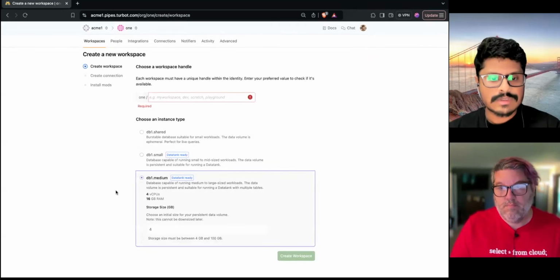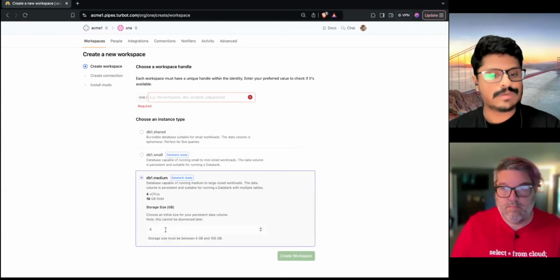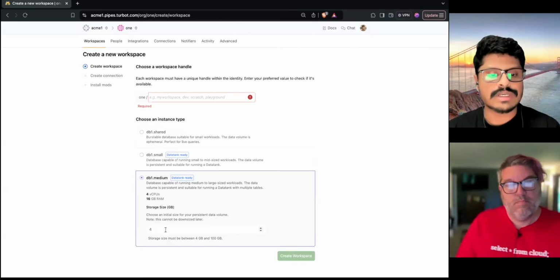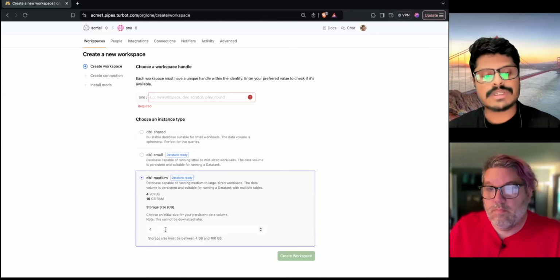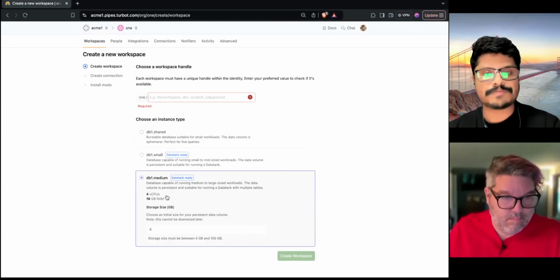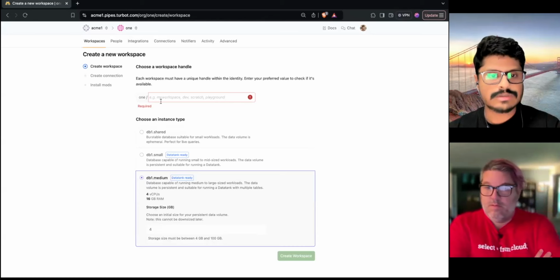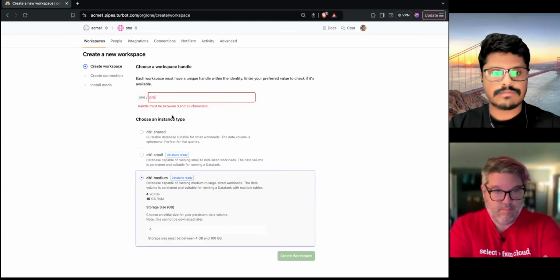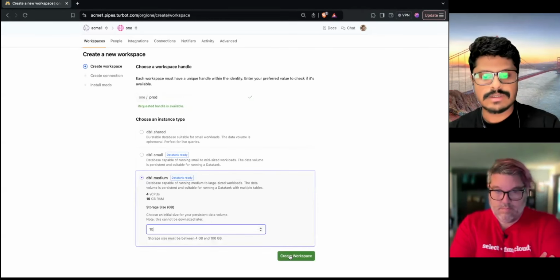The medium instance type comes with 4 CPU, 16 GB RAM, and you would also notice that it comes with a configurable storage size. We didn't really have an option previously to set a storage size when you were creating an instance of a new workspace, but now you have an option to do that as well. So I'm going to go ahead and just create one, and then set it to 10 GB to start. And if you click on create workspace,